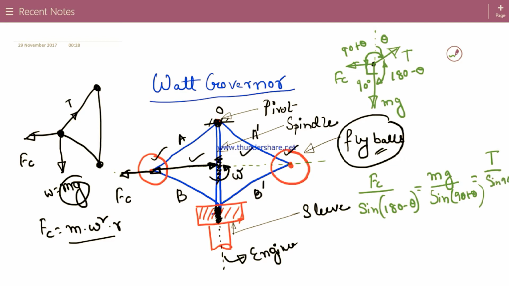So for Fc the opposite angle is 180 minus theta, for mg the opposite angle is 90 plus theta, and for the tension T in the arm A it is 90. If we solve it,